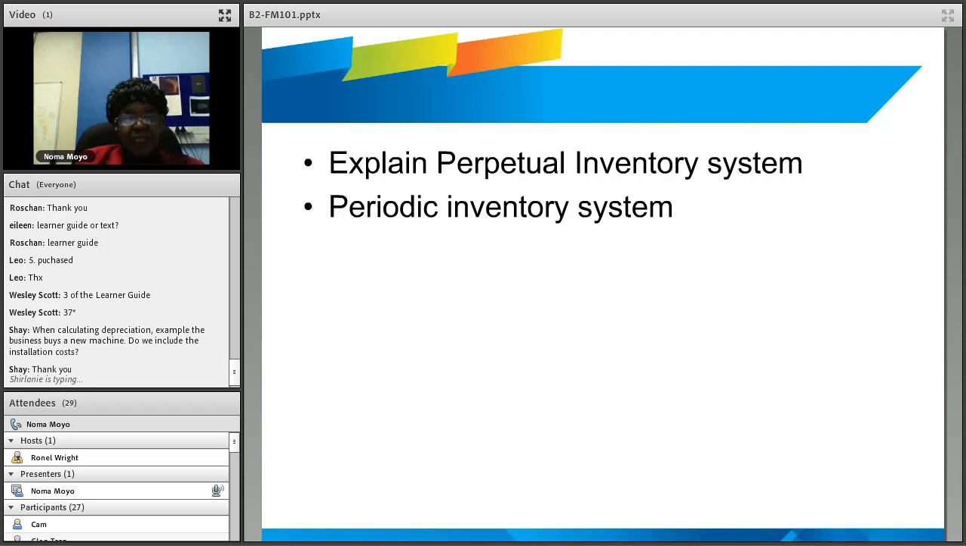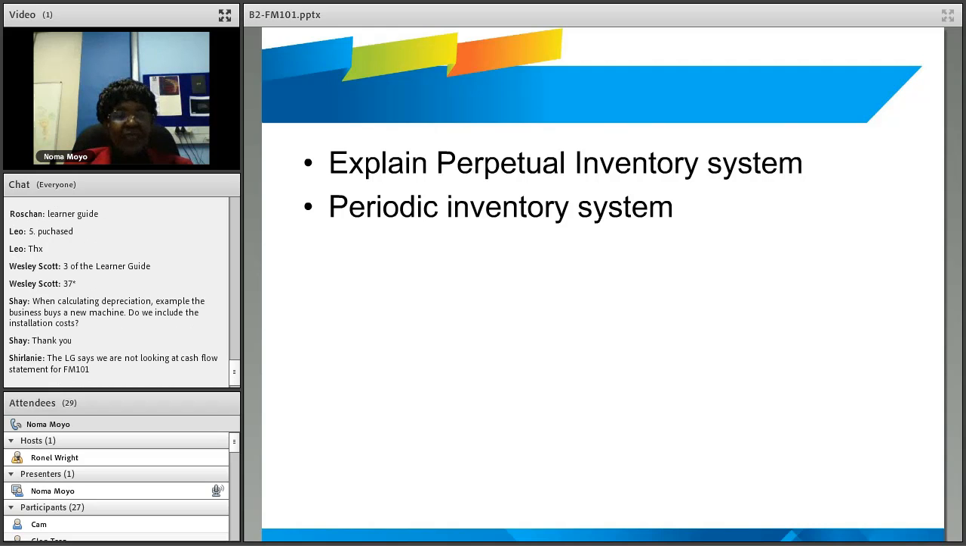Before we go to our statements, I would like to talk about perpetual inventory system and periodic inventory system. Perpetual inventory system, in most cases,